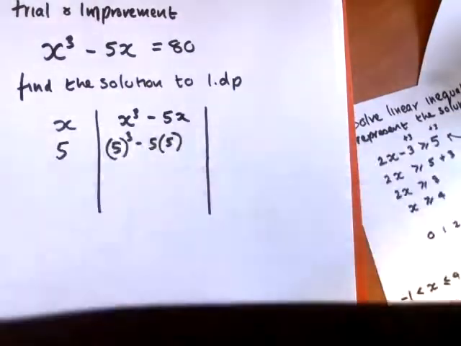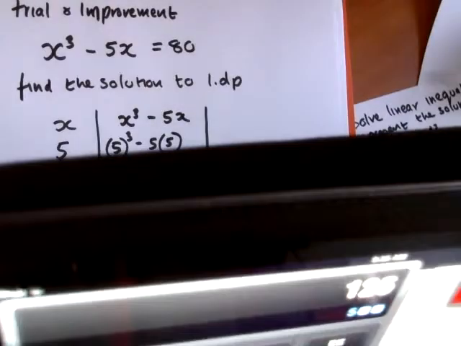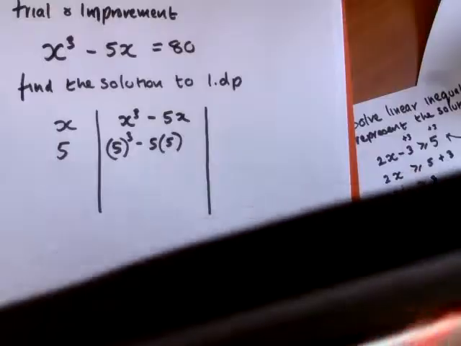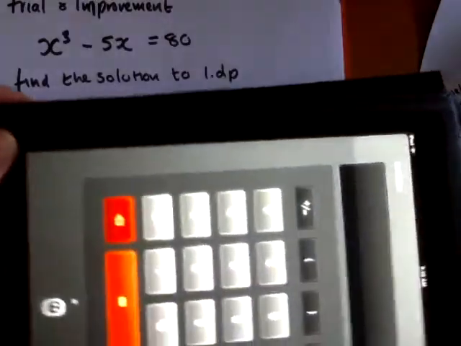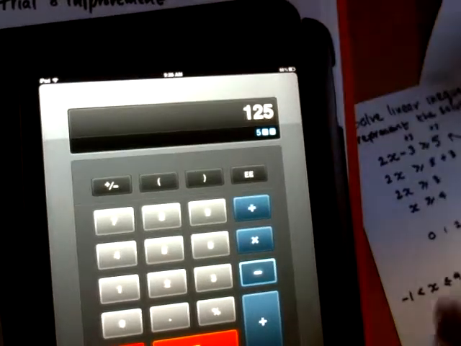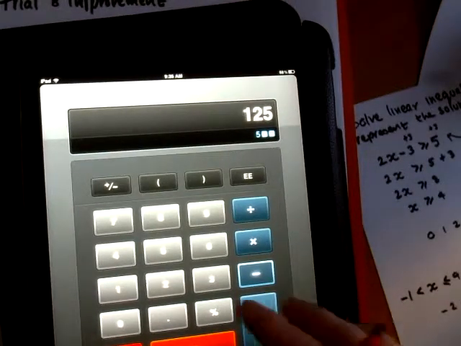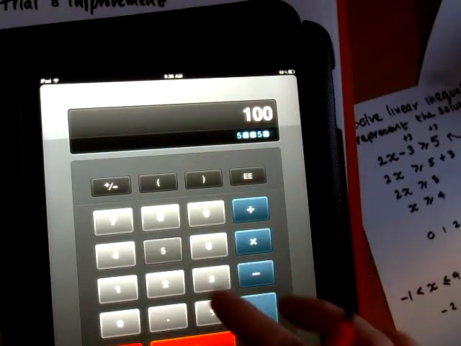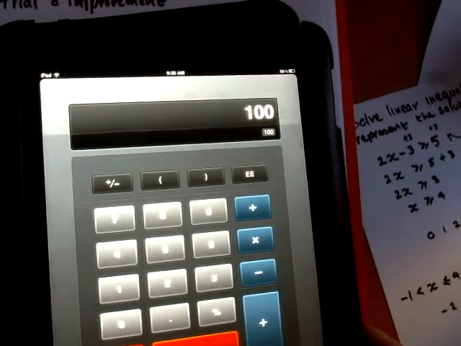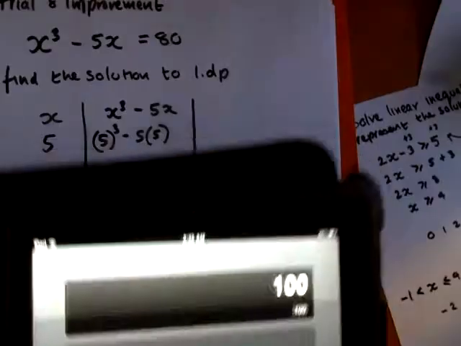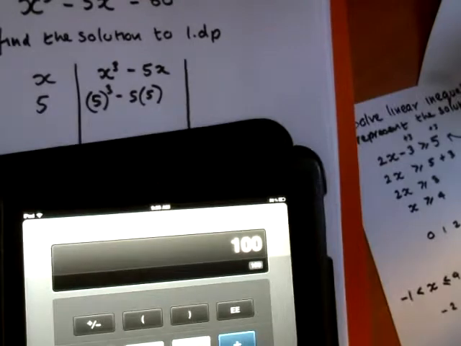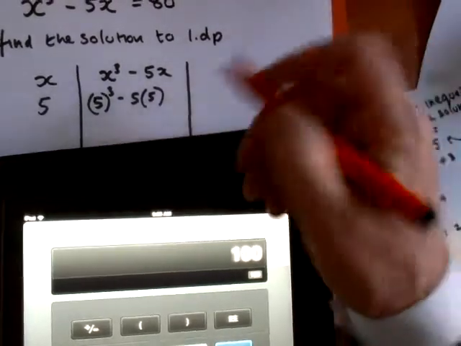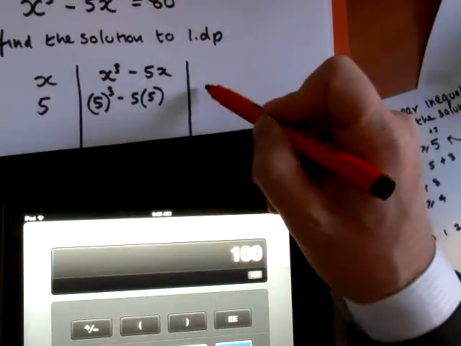I don't really like that, slightly annoying, but we'll go with it. Right, minus 5 times 5 equals. So we've got 100, so 100 is too large. I'm simply going to write too large,